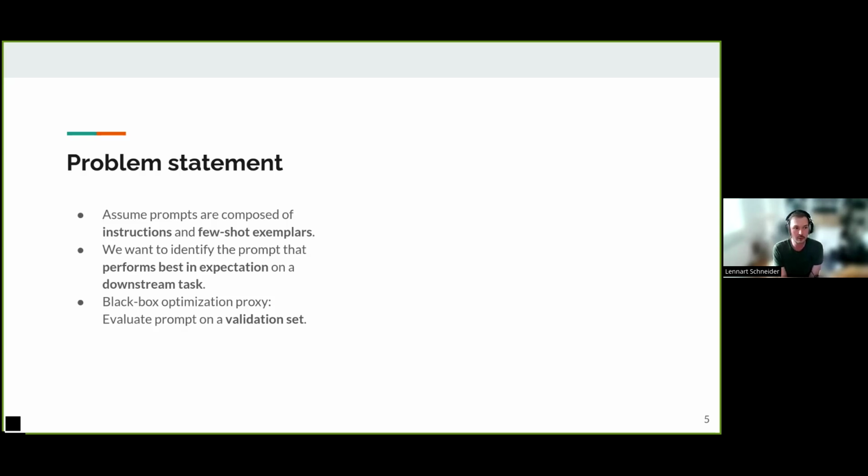This means you usually have a lot of validation instances, or hopefully a lot, maybe 100. You have many prompts. This means you would now do all LLM calls for all prompts on all instances, compute the metric, and then get the best one. That's not efficient because LLM querying is costly, especially if it's well-performing models, and it's also a little time-consuming, right? But also the monetary cost. If you treat the LLM as a black box API, you have to pay, right, for each token or each